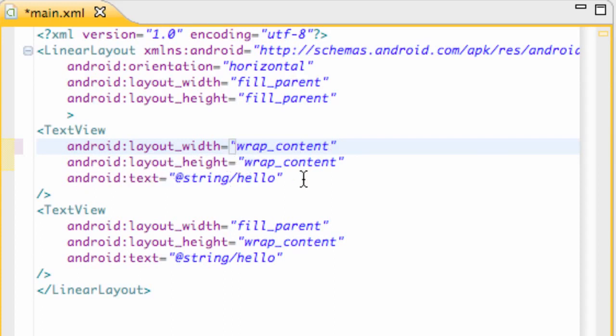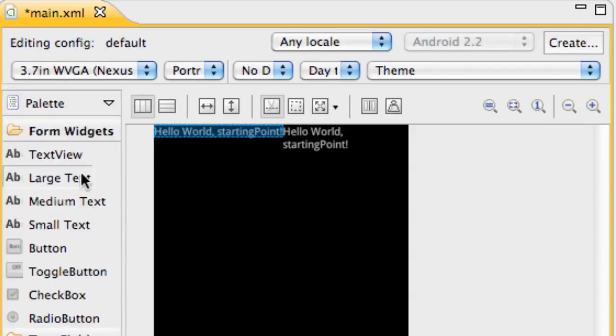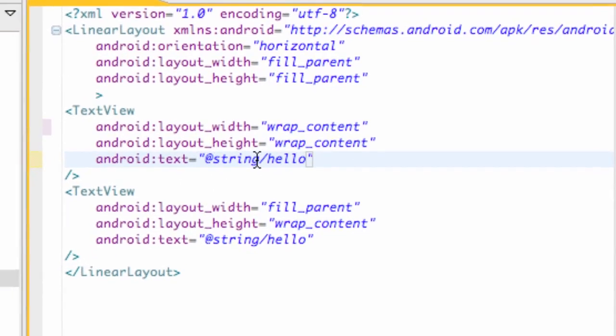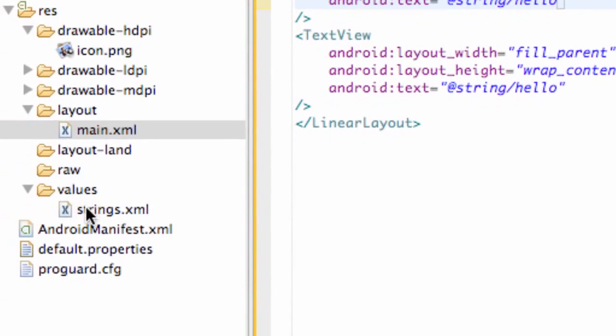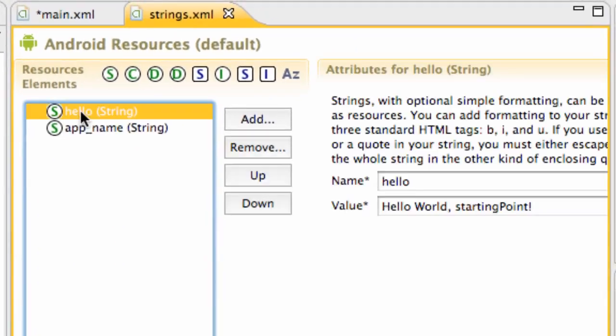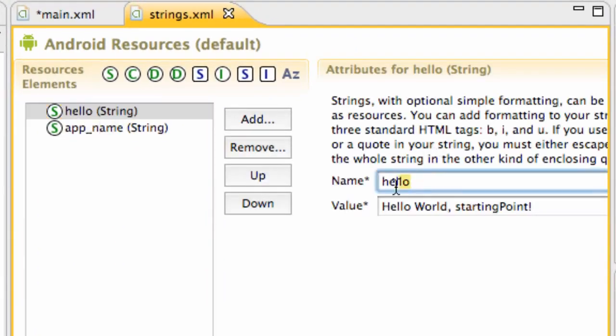Now the text says @string hello, and you're like, no it doesn't, it says hello world starting point. Now basically what's happening is this is using a reference. Anytime you see an @ within the XML, it's using a reference. So it's referencing the string hello, and that string is located within our values. So we have this values and we have this strings. So we're going to say strings, and there's a string called hello. So it's using this reference, and this is the name of the reference, but it's displaying the value of